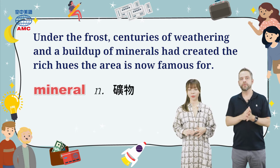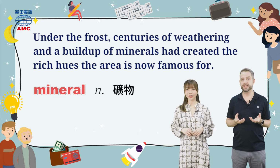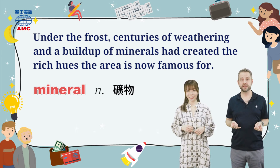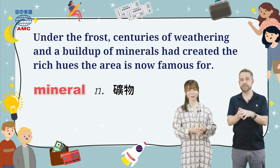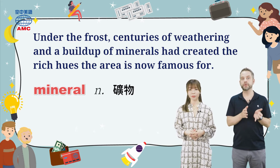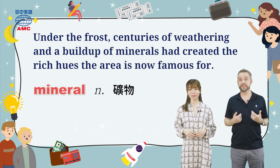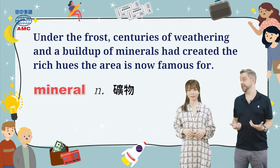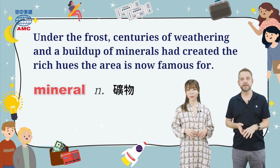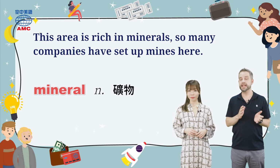But what's a mineral? Well, it's a solid chemical of some kind that's naturally found in nature. Now, it's the sort of thing you would go and mine for. So salt is a kind of mineral. And you can see the relationship between these words, mine, mineral, okay? Minerals are valuable as we need them to build things, make things, and more. We also need some minerals like iron in our body. It's just something we need to grow, like calcium for our teeth and bones. That's another mineral. So we could say, for example, this area is rich in minerals, so many companies have set